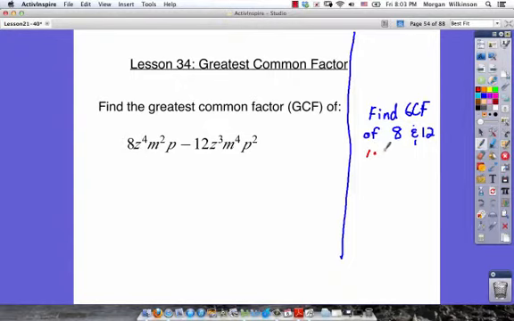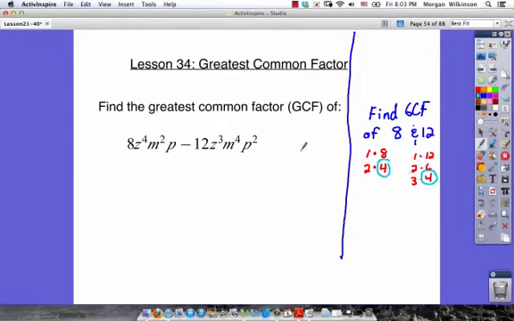Well, we could have 1 times 8. We could have 2 times 4. Okay? And those are the factors of 8. For 12, our factors of 12 would be 1 times 12. We could get 12 by saying 2 times 6, or we could get 12 by saying 3 times 4. Now, the greatest common factor that both of these have must be 4. We can look at both of our lists, and we can see that that's the biggest number that they both